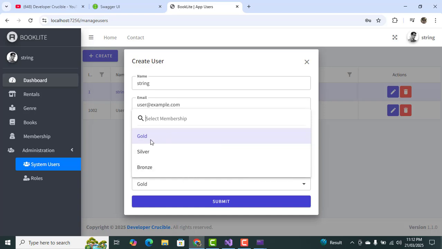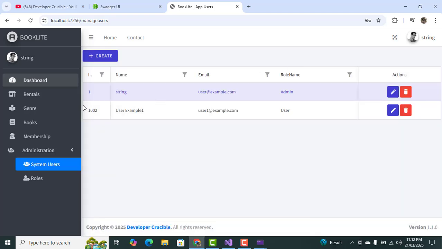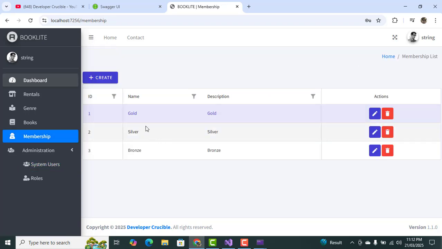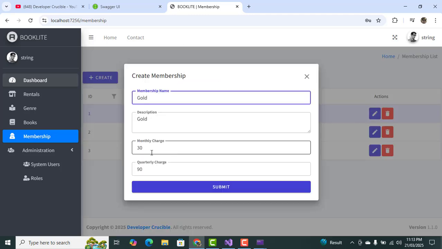So his membership is gold. So what do I mean by membership? The membership gives you different options, based on the analogy of this application, in terms of the payments that you can make at the point when you're renting a book or books. So you can see for gold, you'll have a monthly charge of 30 and a quarterly charge